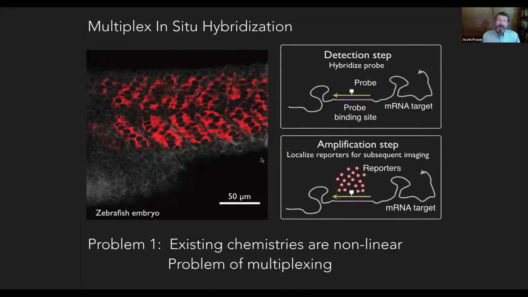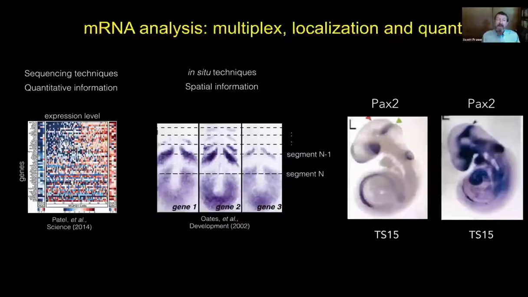So typically an enzyme is directly or indirectly conjugated to that antisense probe, and then a chromogen is used to create a reaction product that can be seen, that amplifies the signal above the noise. The good thing about it is that it works. The challenge is to multiplex with it and to get out the sort of quantitative data that we're used to